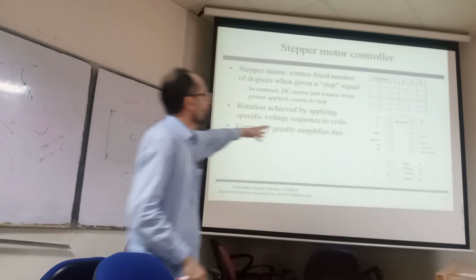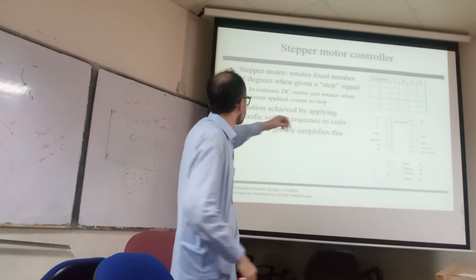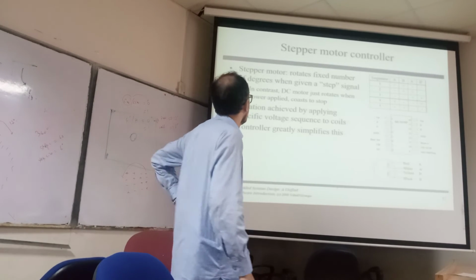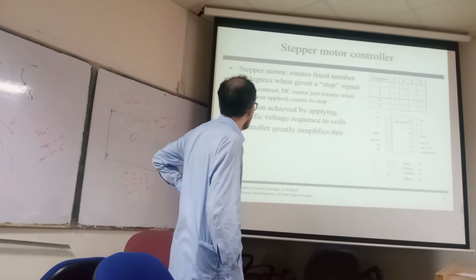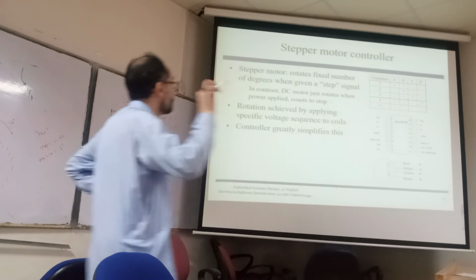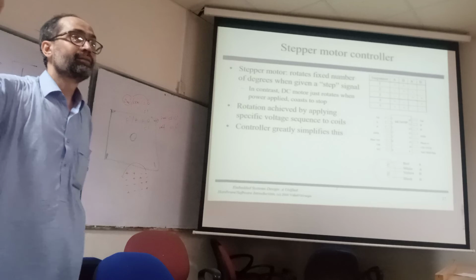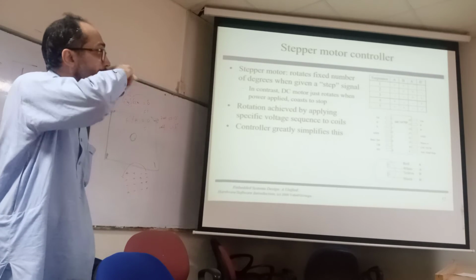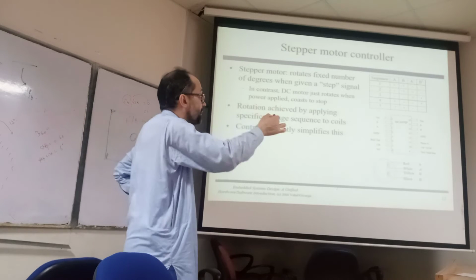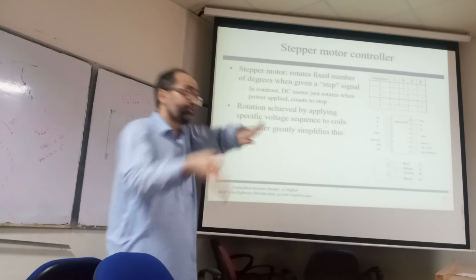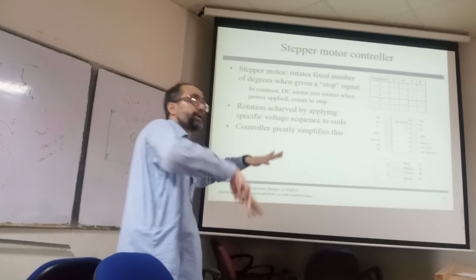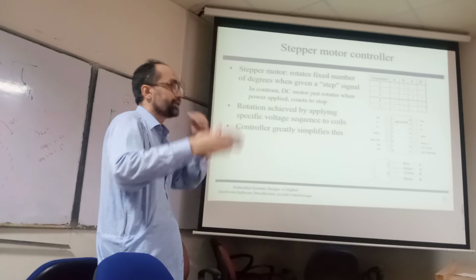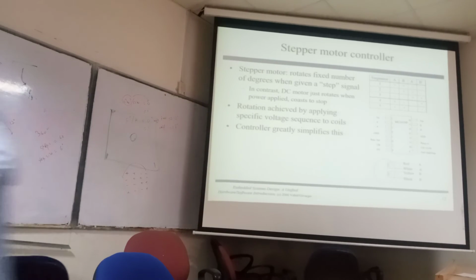And now there are some clocks, because you have to give the accelerator clock and OC. You can look at the data sheets. So the rotation is achieved by applying a specific voltage sequence to the coil. And now you are applying to different coils: A, B, A bar, B bar. When you shift this bias voltage, the rotation can be achieved. Okay, now if you look at here,